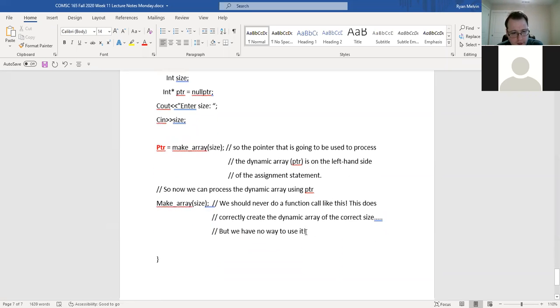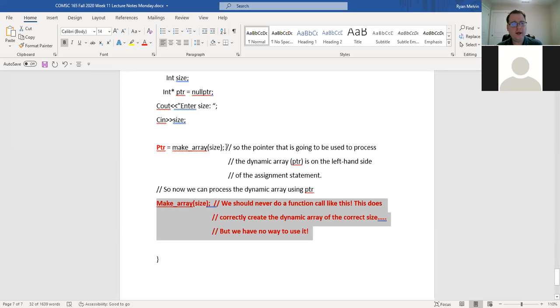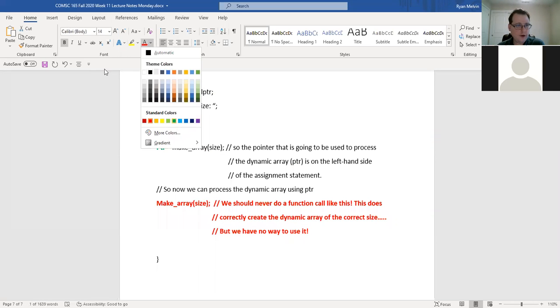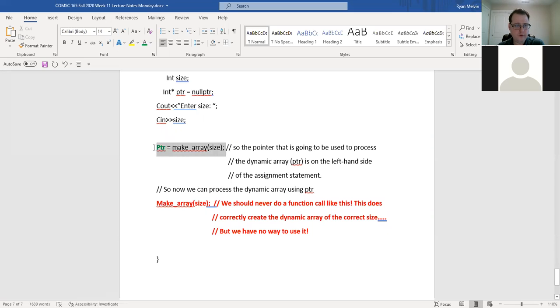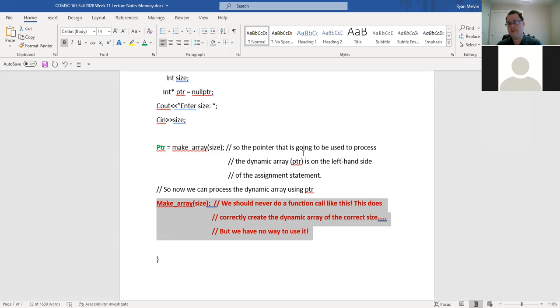And again, this would just be an example of what we would never want to do. But the way we can think about this is just relating it to any other type of function that returns a value. So in general, when we're calling a function that returns an actual value, meaning it does not have return type void, almost always we're going to do that in terms of an assignment statement. So this here is perfectly fine. This here still would create the array of the right size, but then we have no way to actually use it. And then that also leads to things like memory leaks,